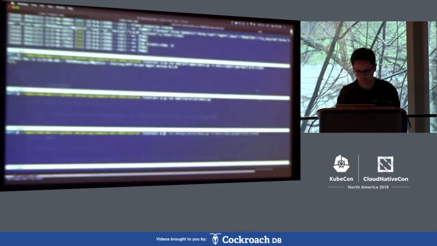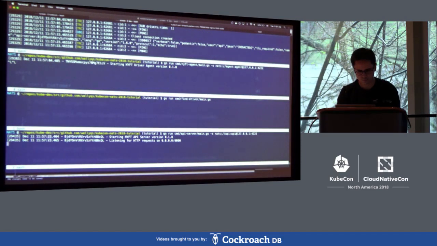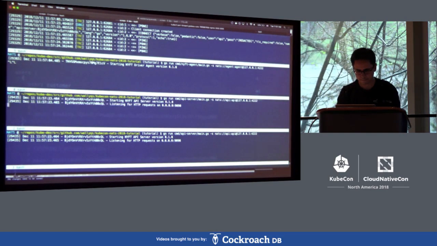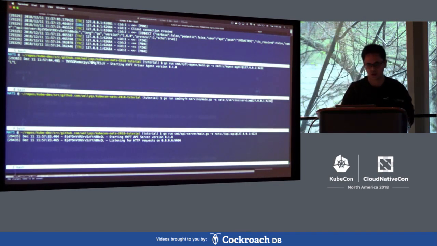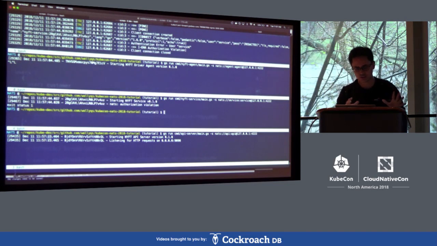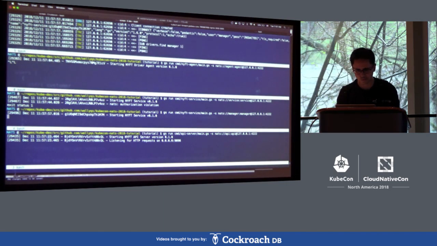It's the API server. It's the service. So this feature is really good to be able to control what are the actions that each one of the components can do within the service. For example, here I have the wrong credentials, should be manager. Okay, so now sending a request with this setup from the server,